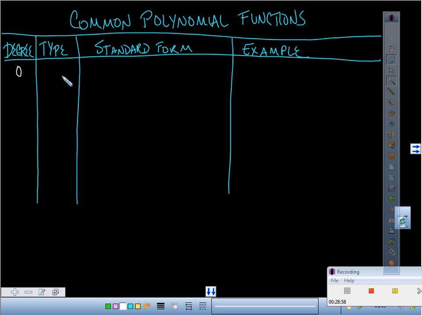If there are no x's and you have an equation, anybody know what it's called? It's called a constant function. Why? Because that's all you got, right? Just a plain old number. What's it going to look like in standard form? F of x is equal to a. Just a number, people. Just a number. Whatever you want to call it. Your example, f of x is equal to,